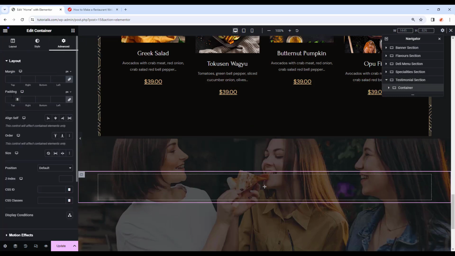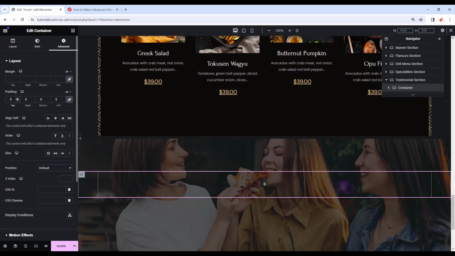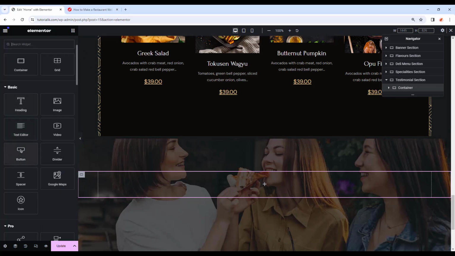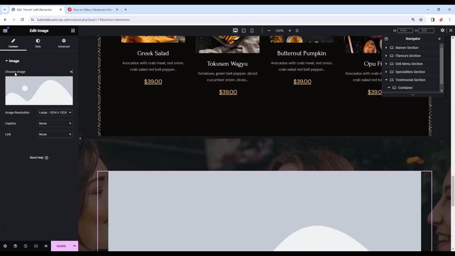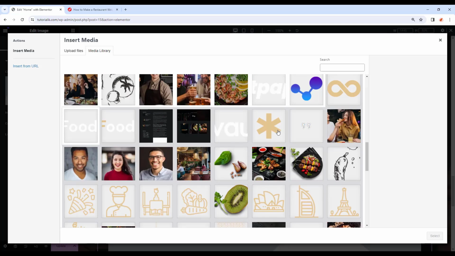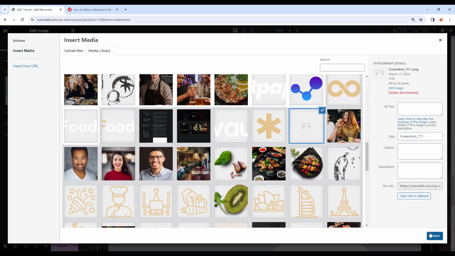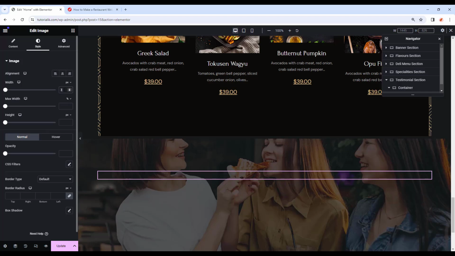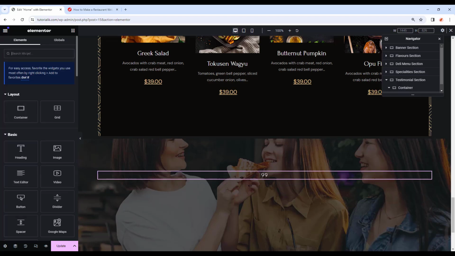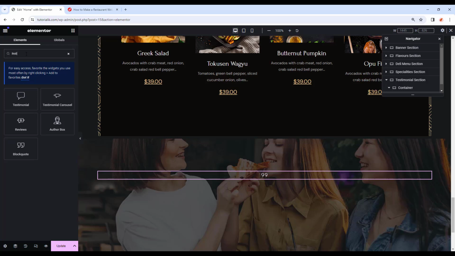Then I'm gonna add a container. In the container I'm just gonna make it all 0 padding. Then I'm gonna add a image widget inside this container, and let's choose the image. Let's choose this little image. Then let's make it width of only 30 pixel. Then from the grid icon I'm gonna search testimonial, and we have this testimonial and the testimonial carousel, so I need this one,